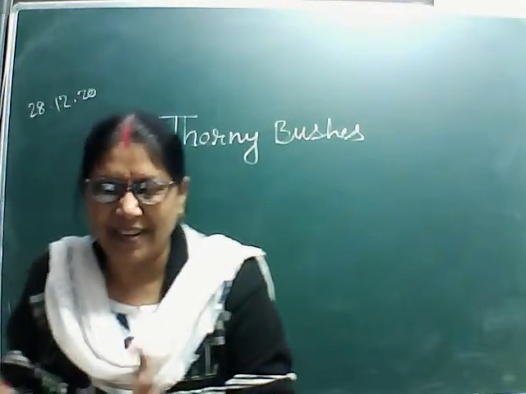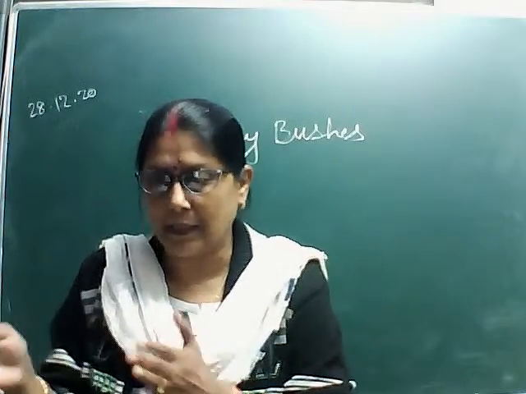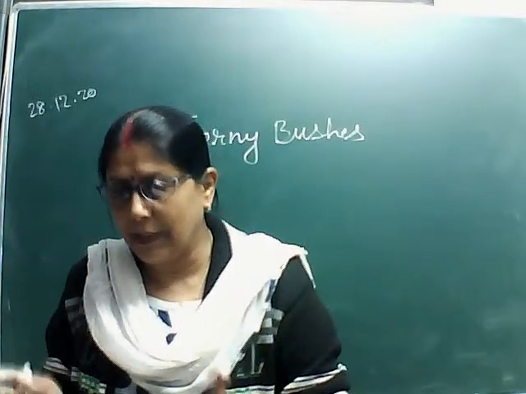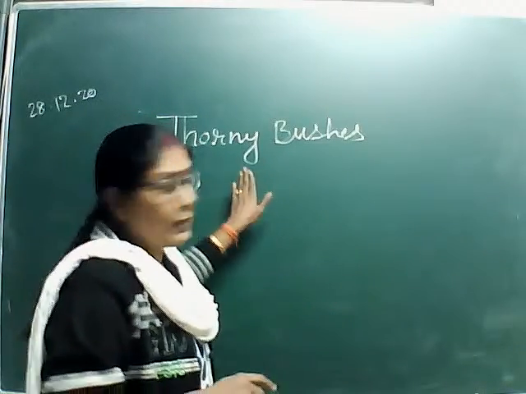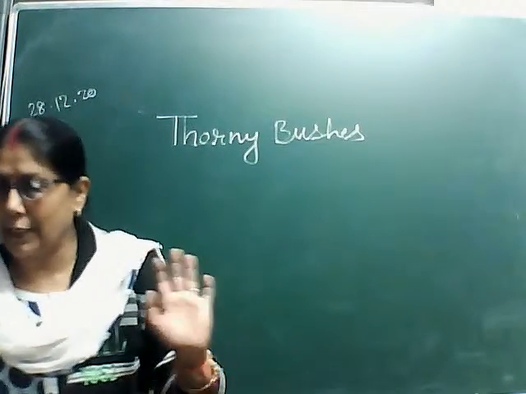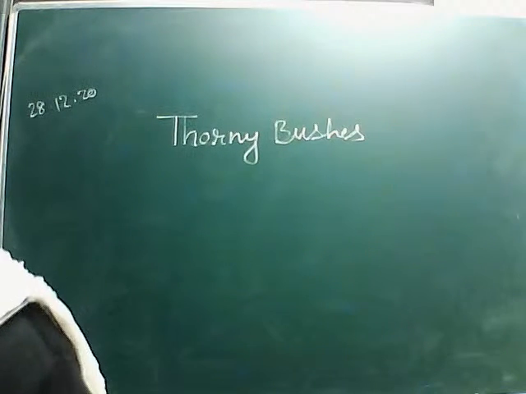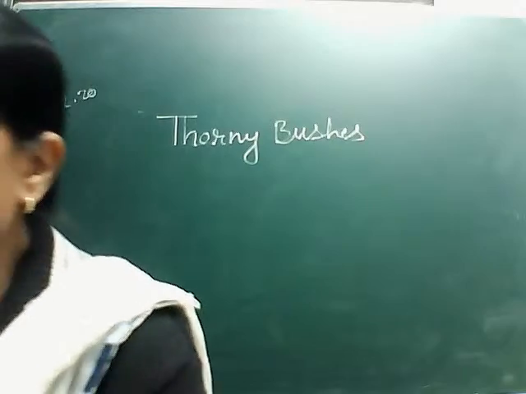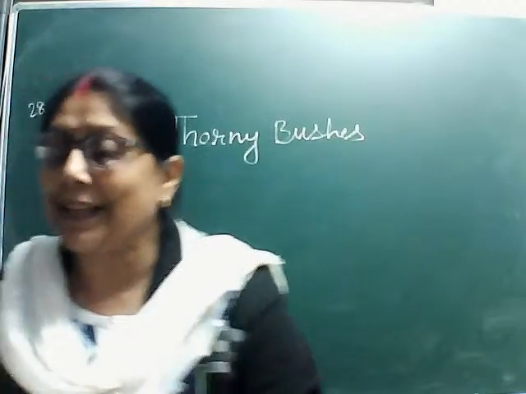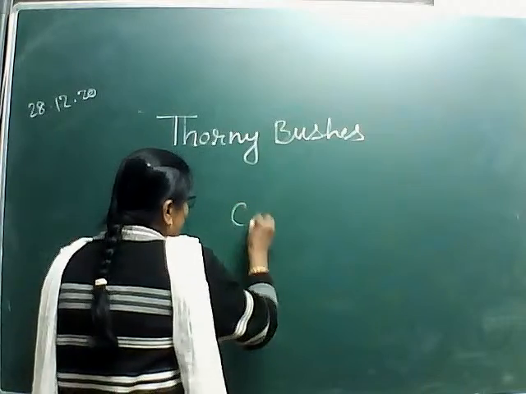जहाँ एवरेज रेनफॉल 50 to 100 सेंटीमीटर की रेंज में होता है, ऐसे एरिया में हमको this type of vegetation we can able to see. Okay. Now the leaves are in the form of spines to reduce the loss of water. Means cactus, you know very well. Cactus जो होते हैं,